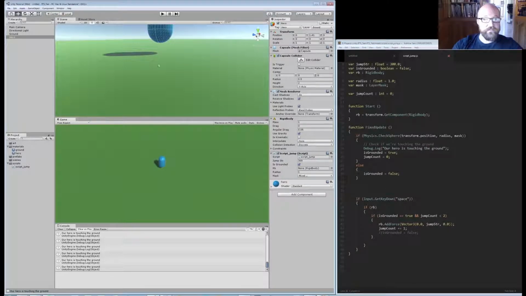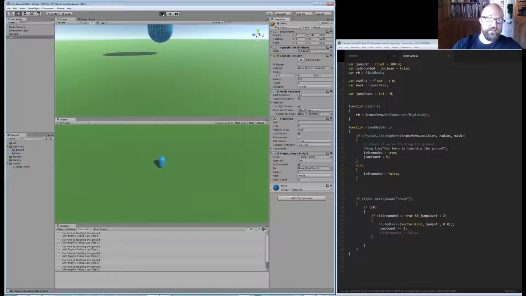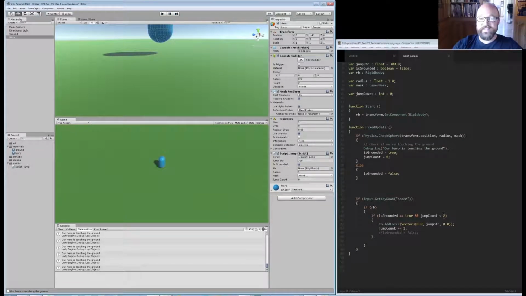So here, this should work pretty easily. So I'll just hit Control P to play, and if I jump, our jump count resets to 0. Uh-oh. Okay, something's tripping. But with our jump count at 1, oh, aha, obviously, less than or equal to 2,